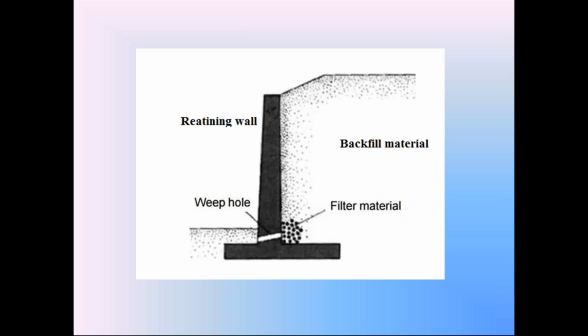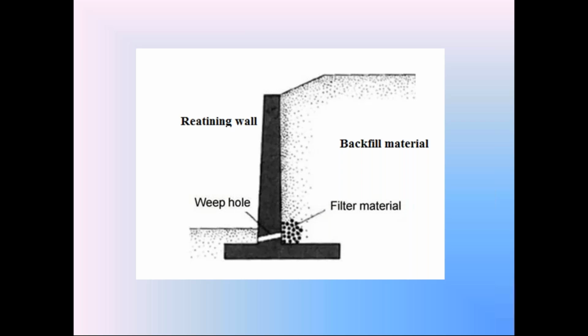Why does it have that horizontal movement? Here, the horizontal movement of the retaining wall is not in kilometers. The retaining wall never moves horizontally by 1 kilometer or 2 kilometers, or by 100 meters or 50 meters. In critical conditions, the retaining wall will have a horizontal movement of